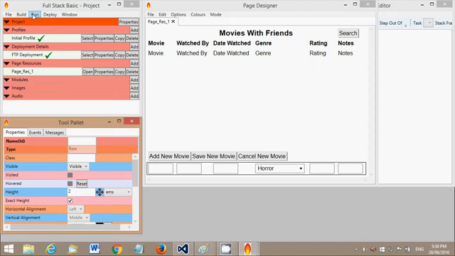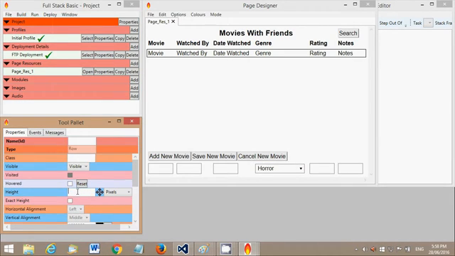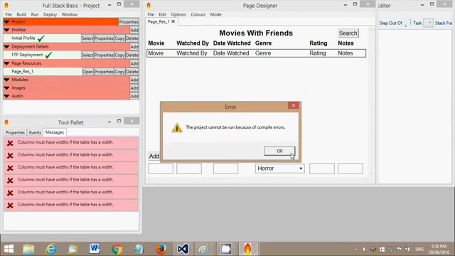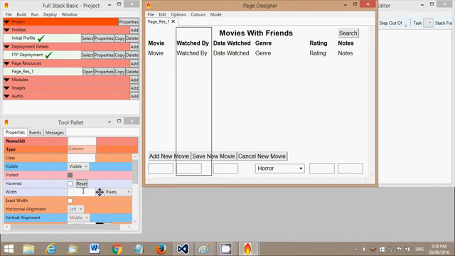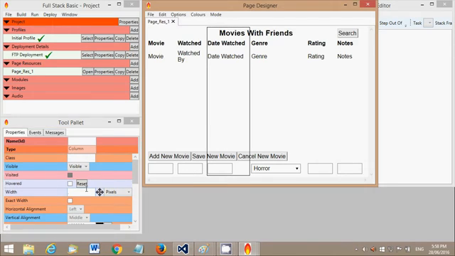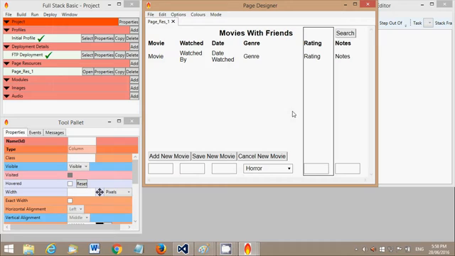And okay, now still one more row to get a height. Yep, that's fine. And all the columns need widths. Now if I was smart, I'd just highlight all the columns and do them all at once, but I wasn't thinking. Okay, so we'll go through them one by one, set their widths,